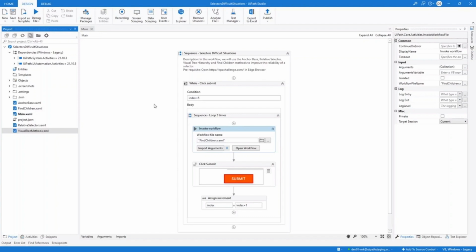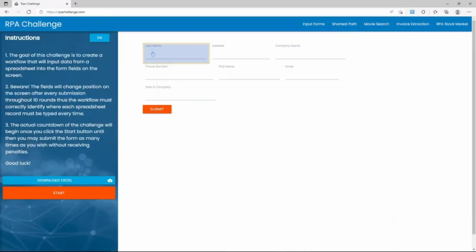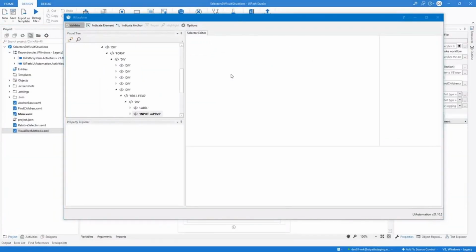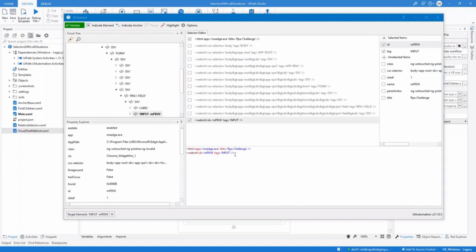So how can we start assessing the reliability of our selector? We'll open UI Explorer and indicate the first name field from the RPA Challenge website. The selector generated by this activity uses a tag and ID to identify the element. The clue that the generated selector might not be good enough is that it contains an ID attribute. This ID is a random string of characters and is dynamically generated, so it changes every time the web page